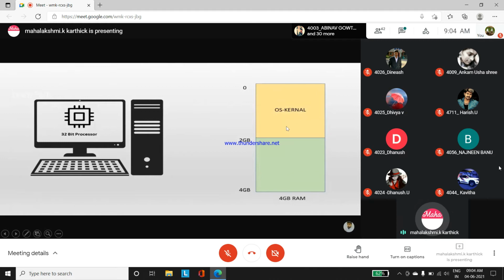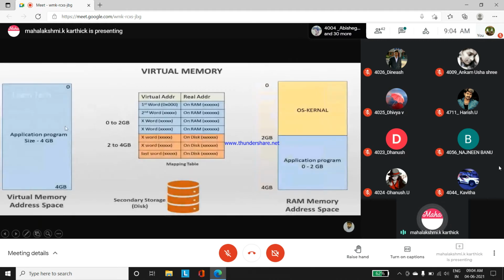Normally RAM will be occupied with the OS and the remaining space is allowed. If an application is 4 GB, whatever part fits in what is left for us will be downloaded. The remaining part of that application will be stored in the secondary storage, and those details will all be in the mapping table. From secondary memory, if you want to access the data, that is not sufficient. We have to bring the data to the RAM, then only the processor can get the data quickly.